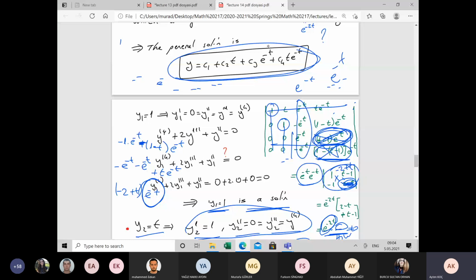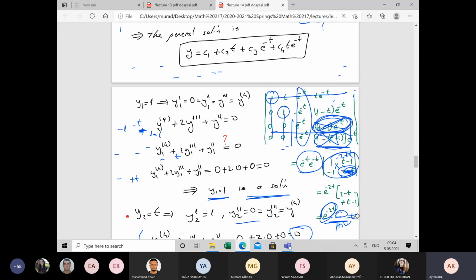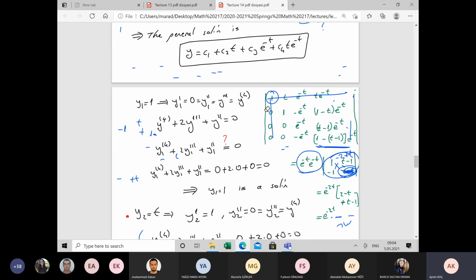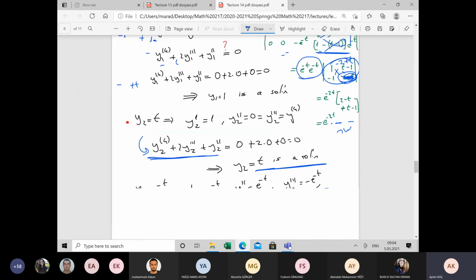But the Wronskian determinant, this one is the coefficient maybe, and the e to the minus 2t is okay. Yes. There's a typo here. It's okay. And this one is not true. This one is not true. It's okay. So